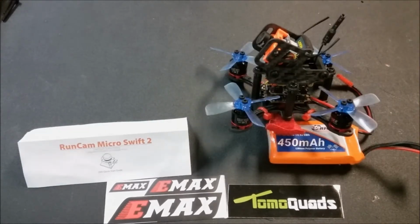Okay, so one of the first things I want to point out is this actually does pretty decent on 2S. If you fly this on 2S with this motor combo, you're pretty much right at the spec, probably a little tiny bit faster, a little bit more punch than you have with your Babyhawk, but you can still fly this at 2S. Also, with 3S, I want to make a point of saying that these motors run very cool at 3S. You know, warm, but you can touch them and hold them between your fingers, and it's not going